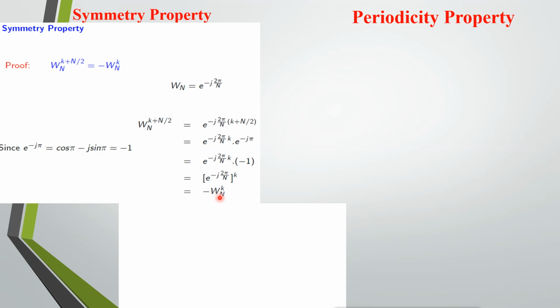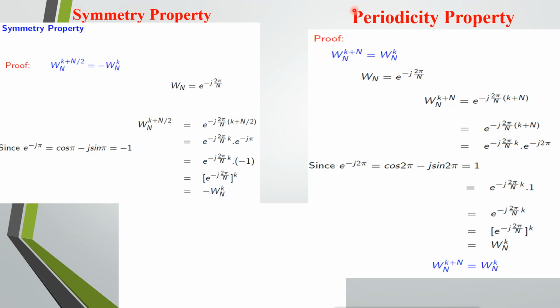Next property is periodicity property. W of N raised to k plus N equal to W of N raised to k. We know W of N equal to e to the power of minus j 2 pi by N. Substitute here e to the power of minus j 2 pi divided by N into k plus N. E to the power of minus j 2 pi divided by N into k, into e to the power of minus j 2 pi. We know that e to the power of minus j 2 pi is cos 2 pi minus j sin 2 pi equal to 1. Substitute the value here so that we will get W of N raised to k. So we can say W of N raised to k plus N equal to W of N